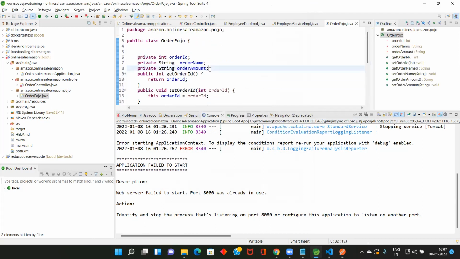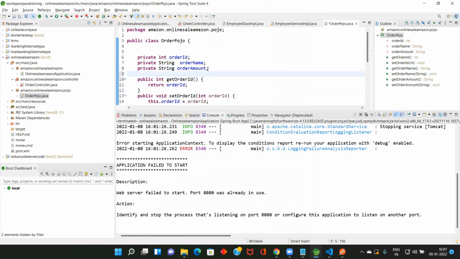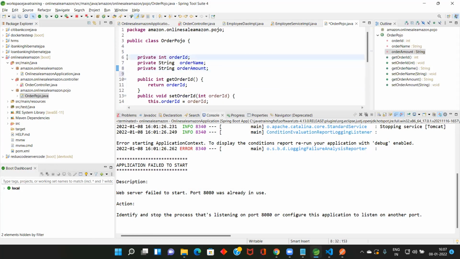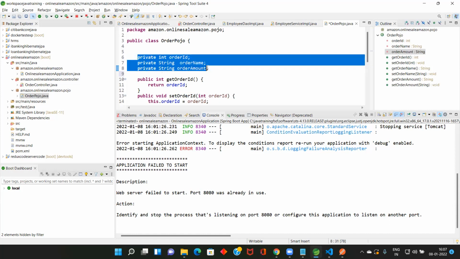So I created one POJO, a plain old Java object. It will contain only variables and getter setter. If you read my Java videos, you will know what a POJO and getter setter are. It contains only 3 variables.